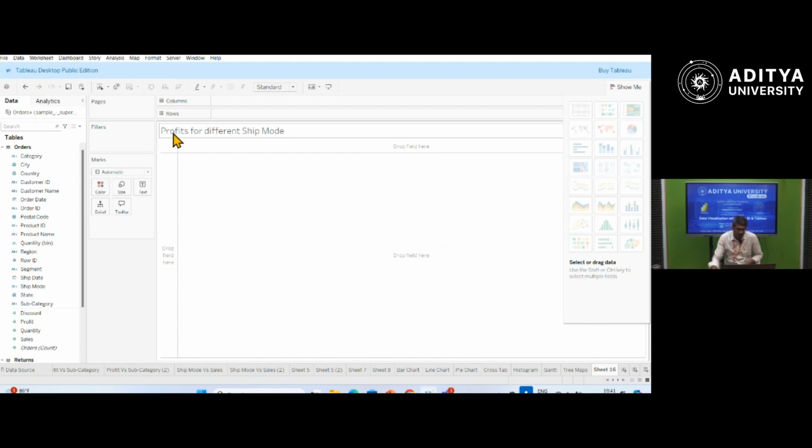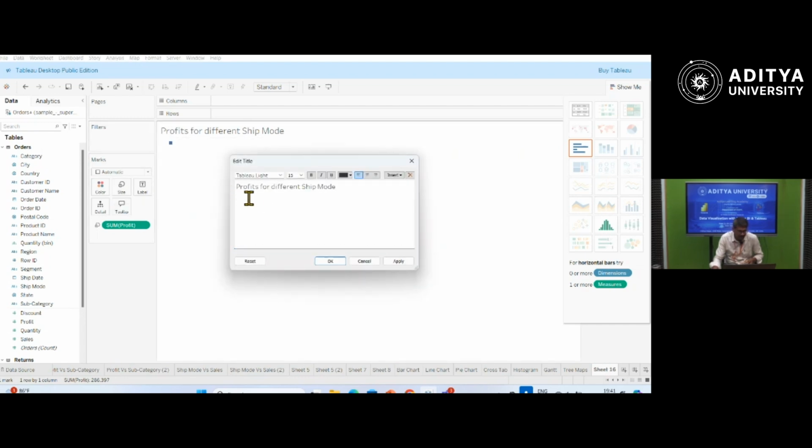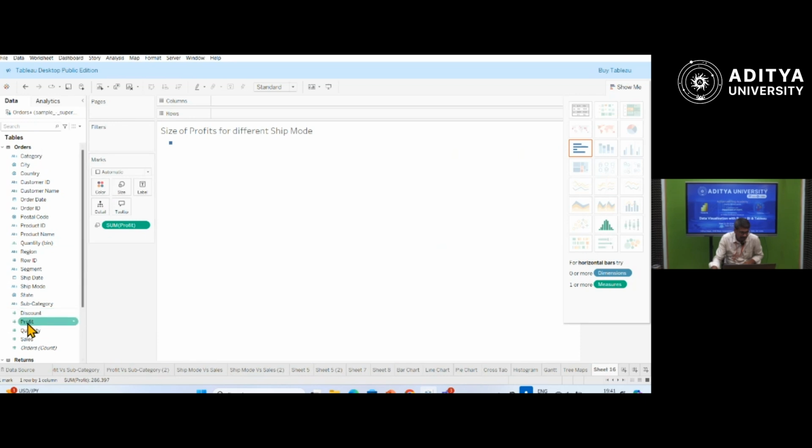Now I will take my profit onto the size, since I am trying to get the size of profits. Profit I've put onto my size, and now shipment mode